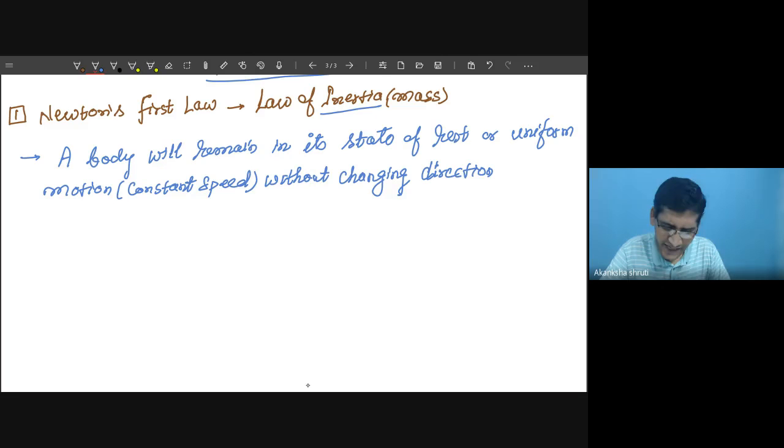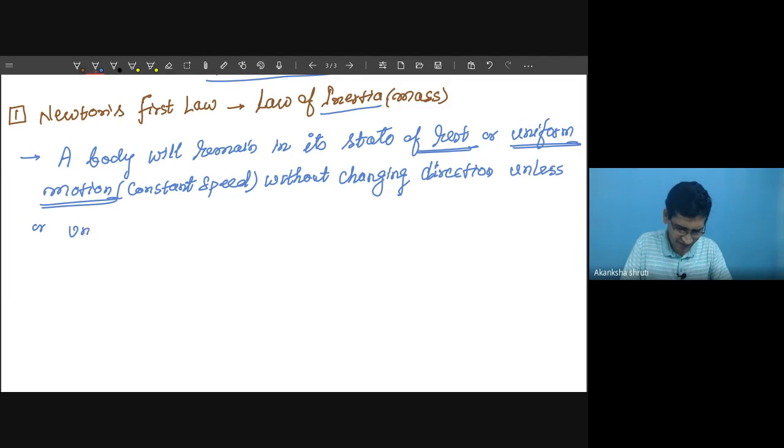Means if the body is at rest, it will remain at rest. If the body is in motion, keep in mind it is uniform motion, means it is not accelerated. The body is covering equal distance in equal intervals of time without changing direction,